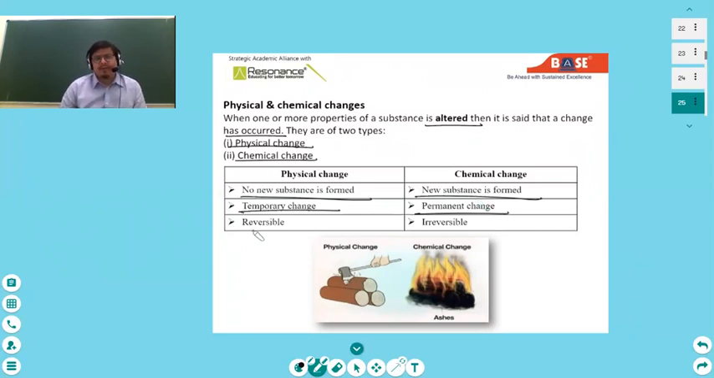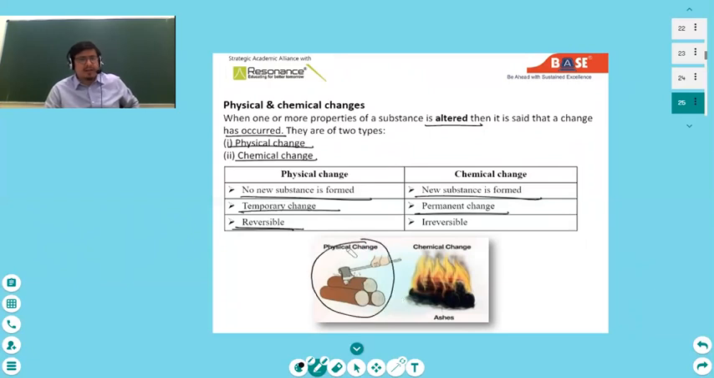Third point, physical changes are reversible. You can reverse it. You will read later that the symbol of reversible is this. Whereas chemical changes are irreversible. You cannot ask curd to become milk again. That's not possible. So examples of physical and chemical changes: a physical change is the cutting of wood,